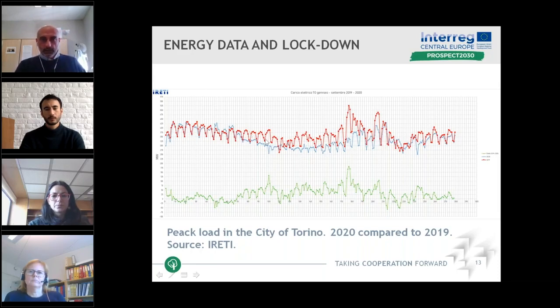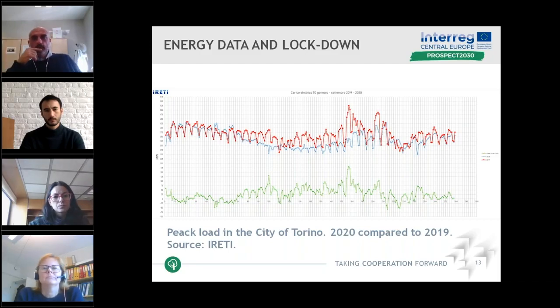So it means that all these peaks are mainly industry activities that were almost closed during this spring. This is very interesting in view of making a new forecast for the future. Of course, this year something very peculiar happened that we have to take into account when we think about revising the targets for the future.